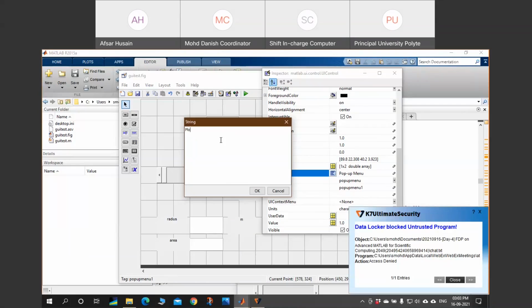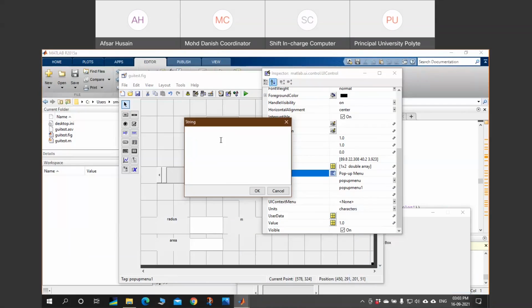One is to provide linear plot, another is to provide parabolic plot, just to make it simple. So what I'm doing, I'm just writing the text over here. First I have written plot figure just to inform the user what is the function of this menu.